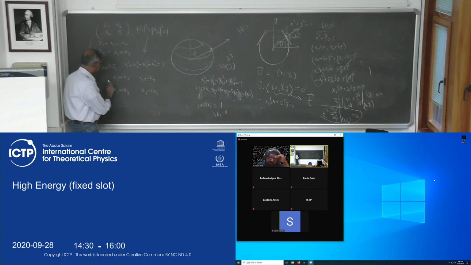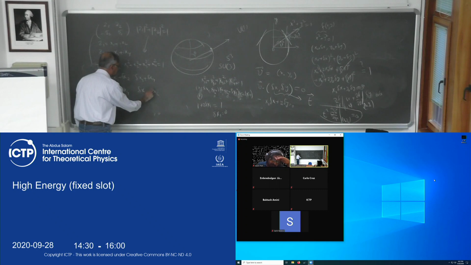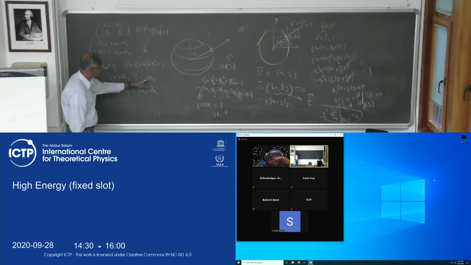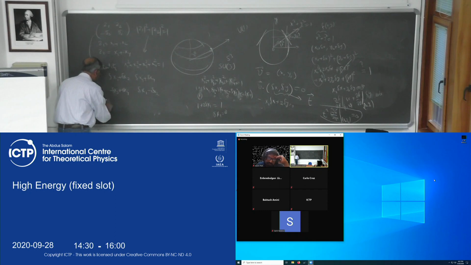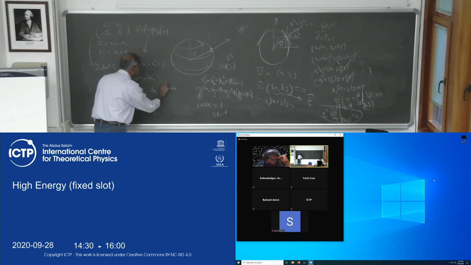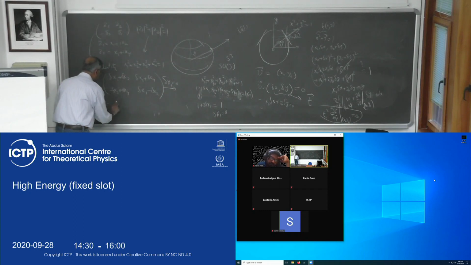So first of all, we said that this becomes the delta x1. So let me write delta x. We are saying that all of these are 0; the only condition is that delta x1 is 0. That's the only condition. So if I set delta x1 equal to 0, that is where the condition comes from. And then the most general matrix is i delta x2 times 1, 0, 0, minus 1 plus